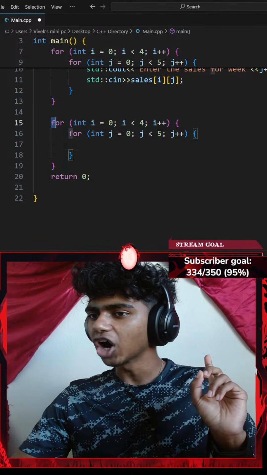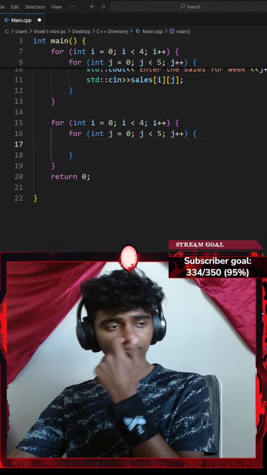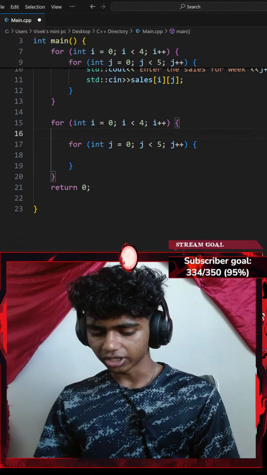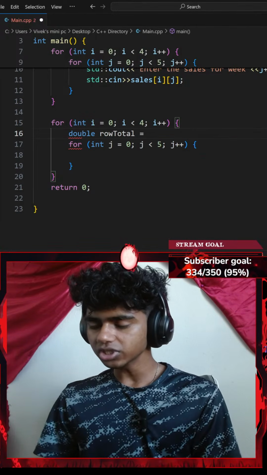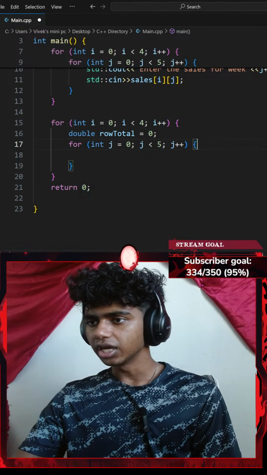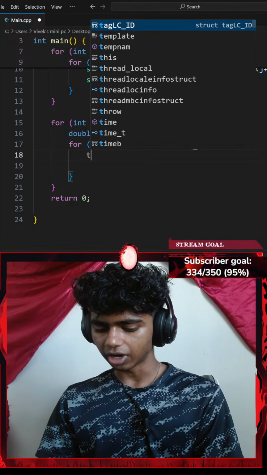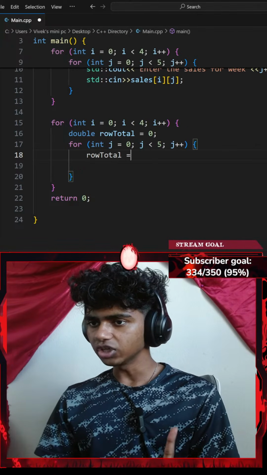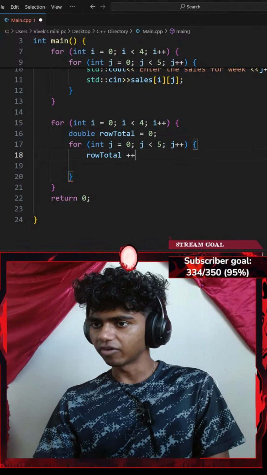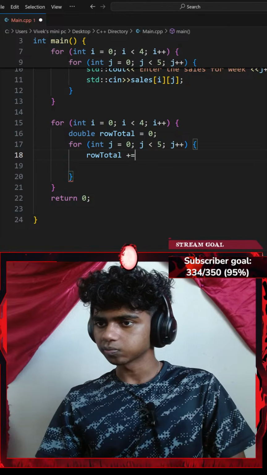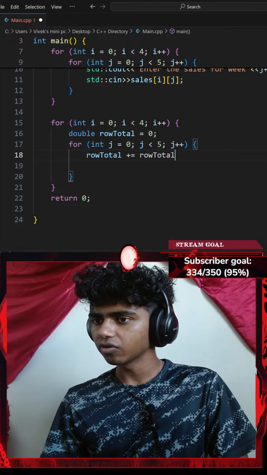Okay, so I got my rows and my columns. Let me go ahead and create a variable now. I needed a variable for my row total, so I could go with a double variable of row total, which equals 0. It's going to reset after my inner for loop. Next up, my row total variable plus equals